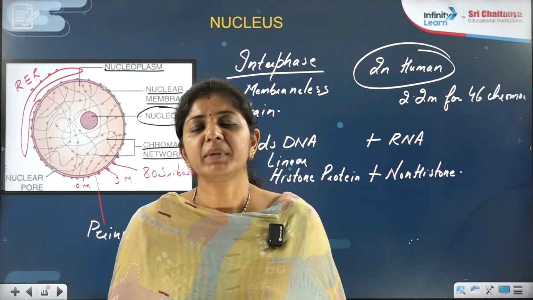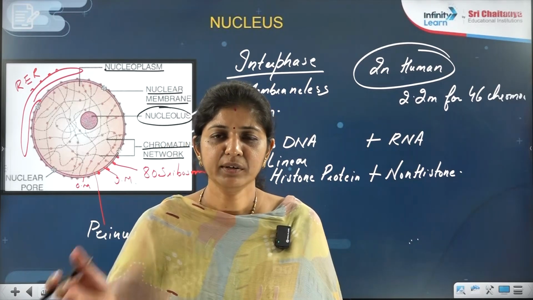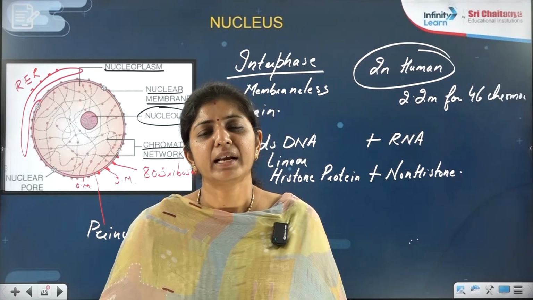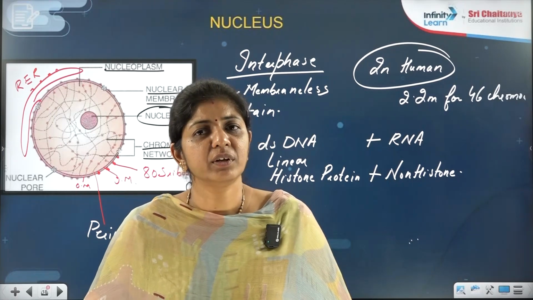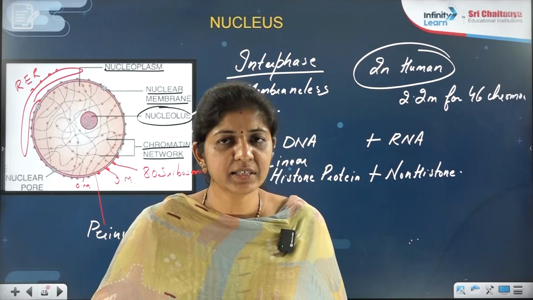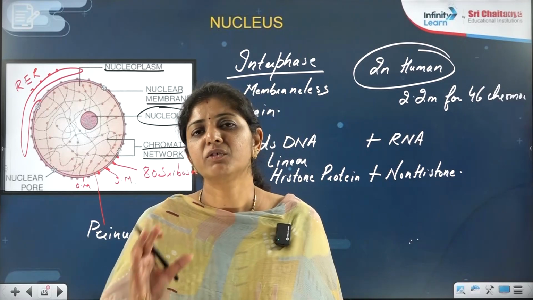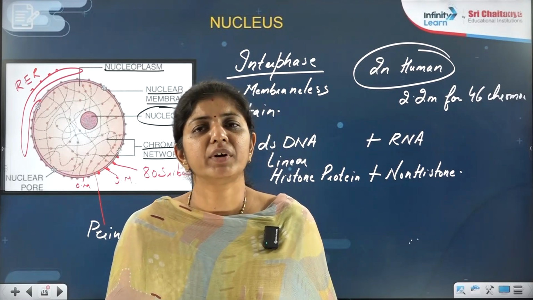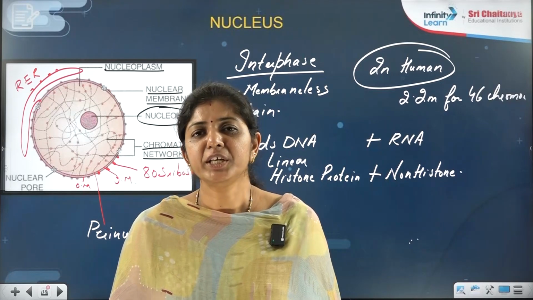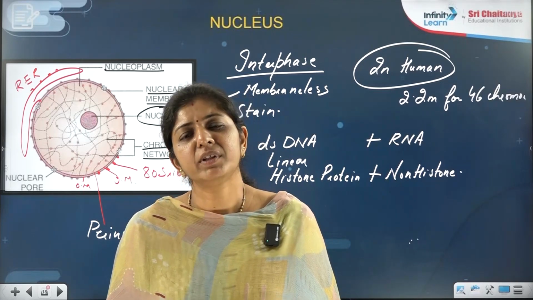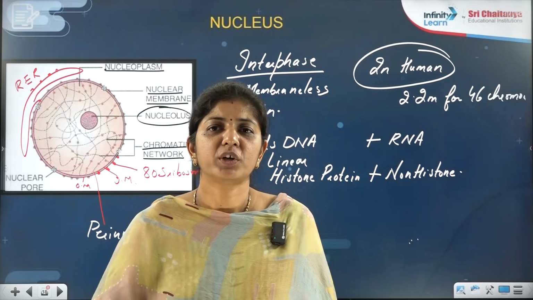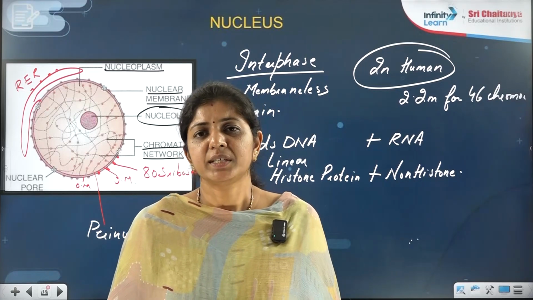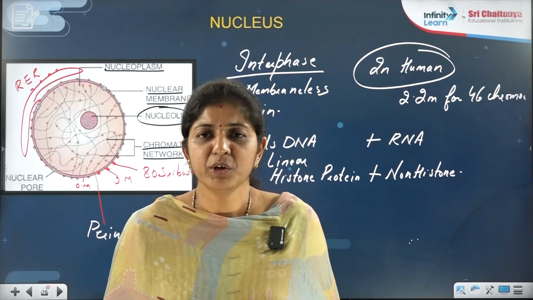Now this chromatin material during cell cycle and cell division can form the chromosomes, and all that we will take further if a session is there, in cell cycle and cell division, right? So these are the few important things we have covered in a eukaryotic cell. Please do read NCERT, stick to that with the diagrams also, and just watch this video. If any queries are there, then we can take them. Thank you very much, class.